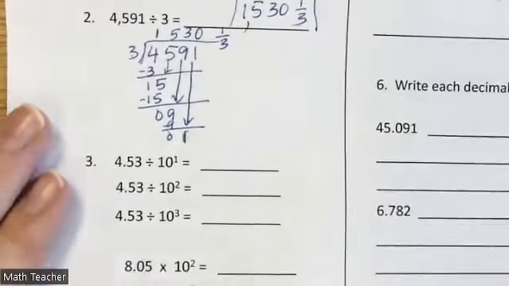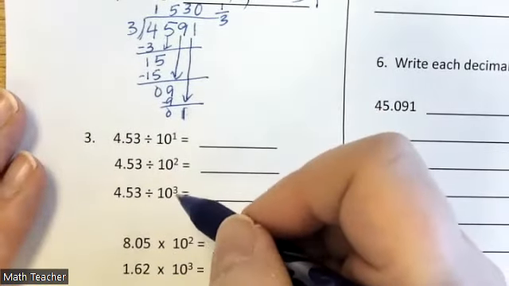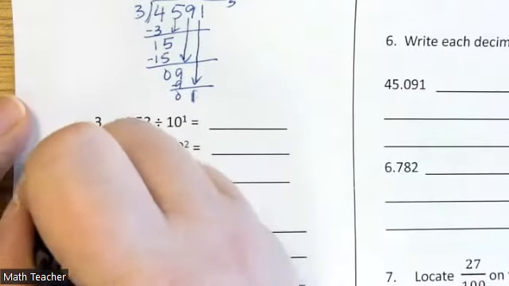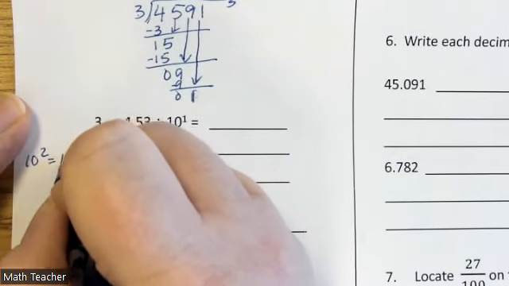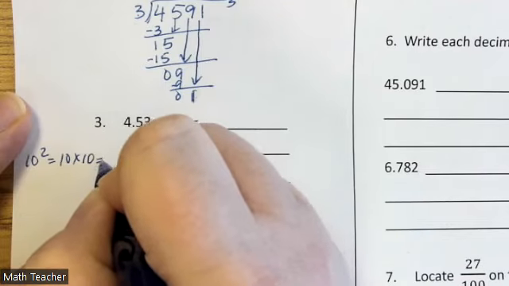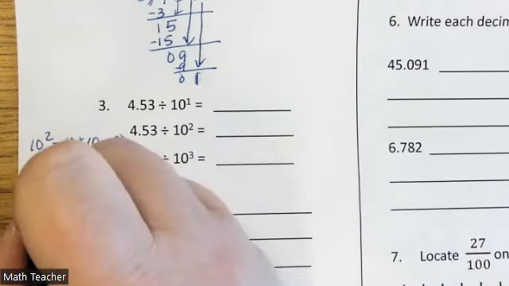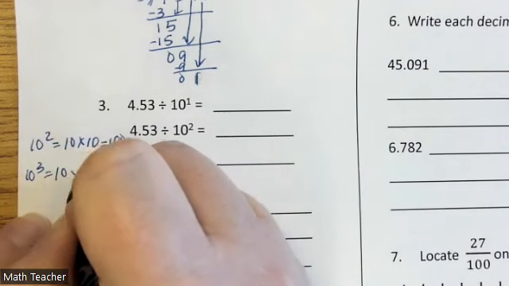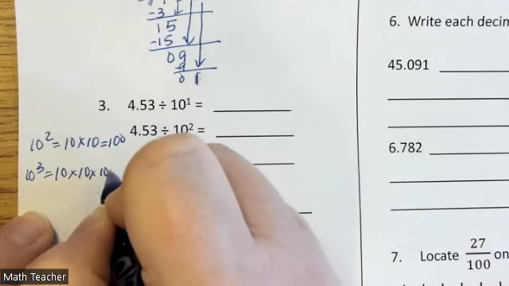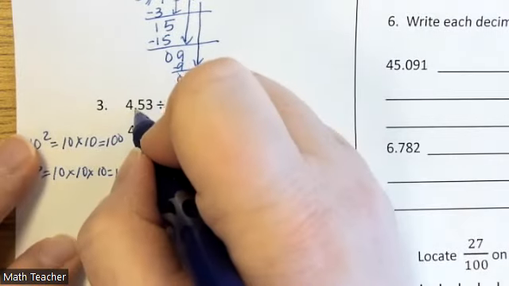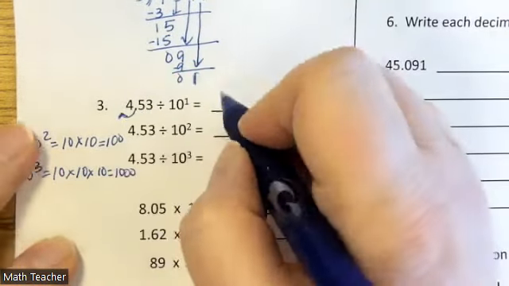Number 3, we're dividing by powers of 10. So 10 to the first power is just 10. 10 to the second power means 10 times 10, which is 100. 10 to the third power means 10 times 10 times 10, which is 1,000. So here we're dividing by 10. So we move our decimal one place to the left,